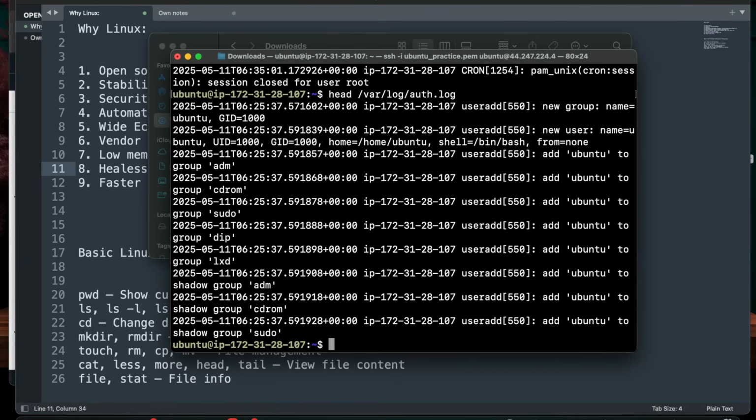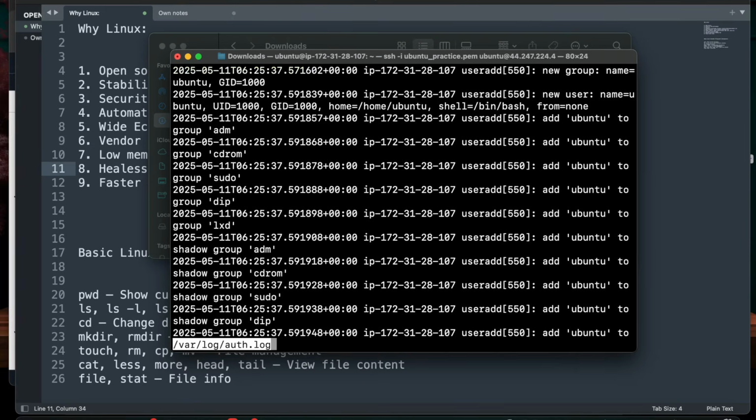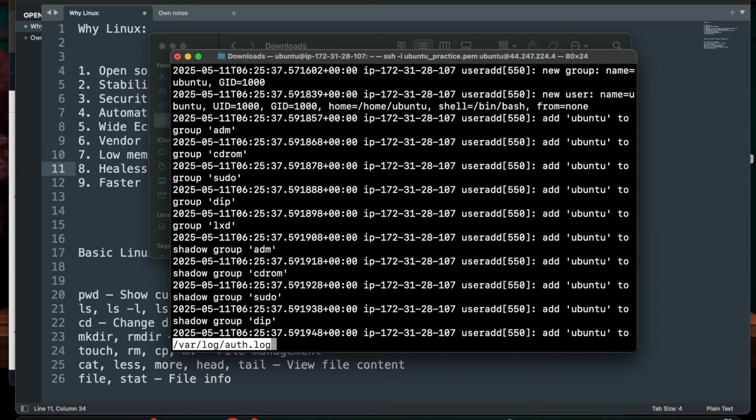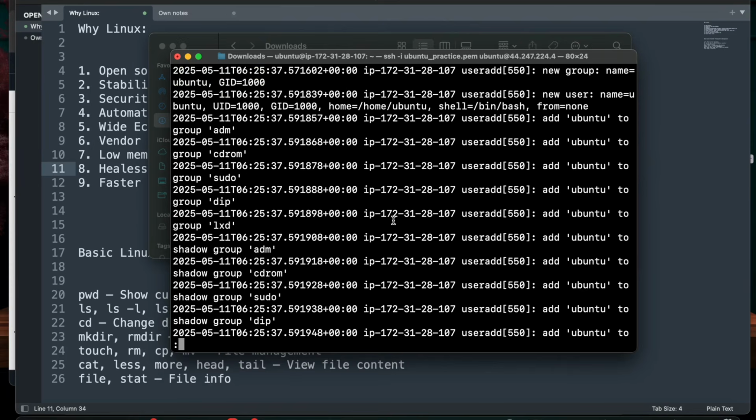And you can use the less command as well. The less command shows the file page by page. You need to press space, actually enter, I think. Yeah, you can press enter to go to the next page. This one has just a couple of pages, that's fine.